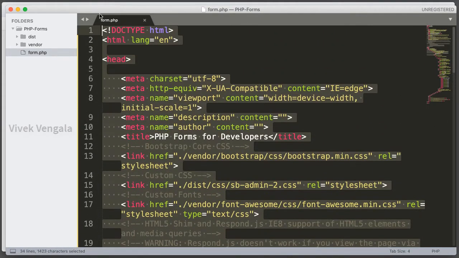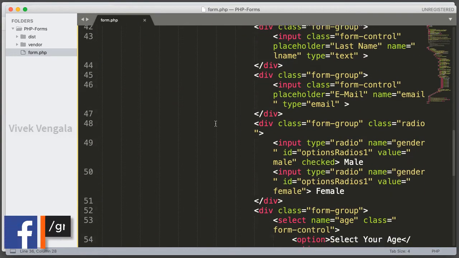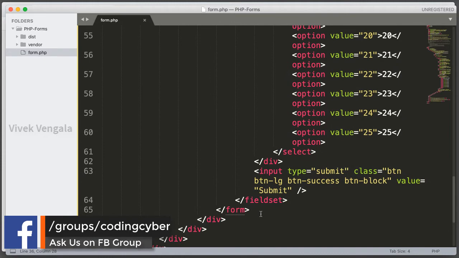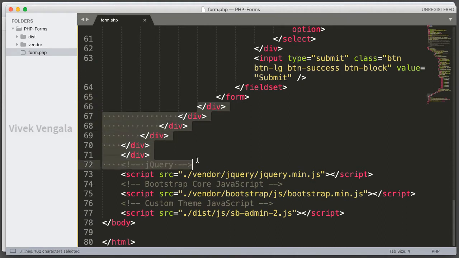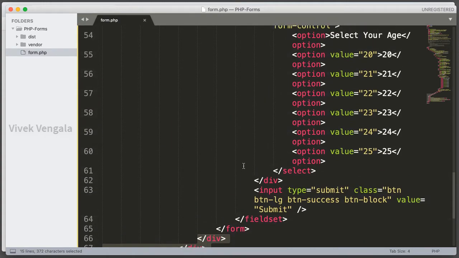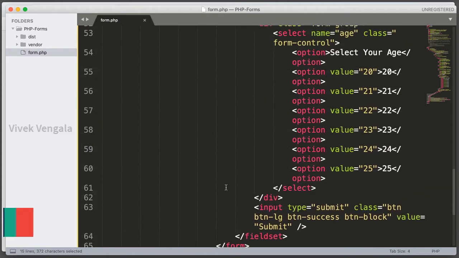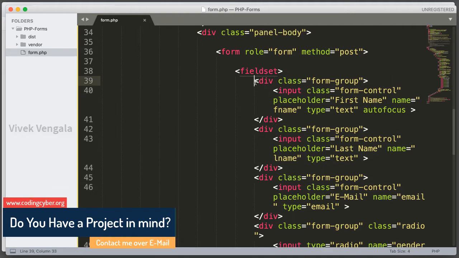Till here all this is similar, and after that it's a form opening tag. From here to here, form opening and form closing, form opening and form closing. After that these are HTML tags for all these divs, and closing body section and closing HTML. Okay, here I am using Bootstrap for styling this form. This is an input field for first name, and here we need this input